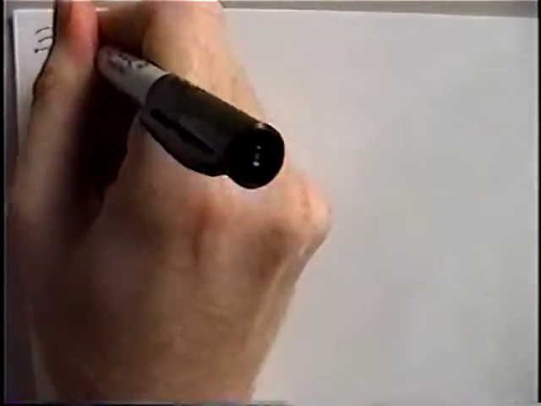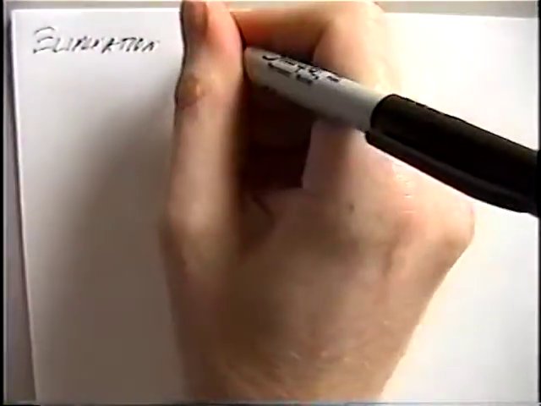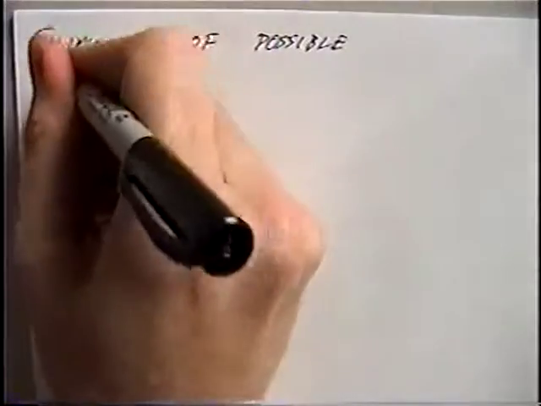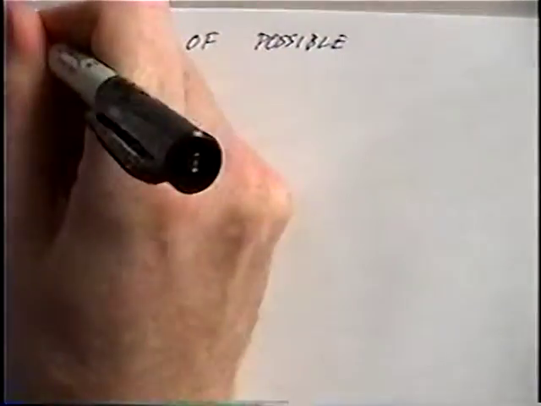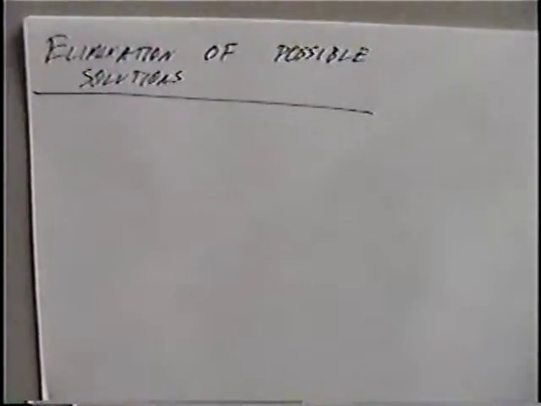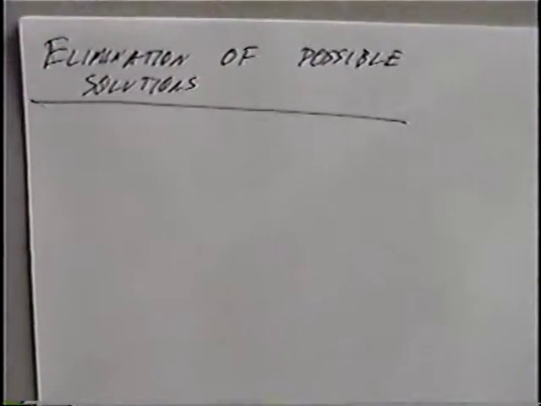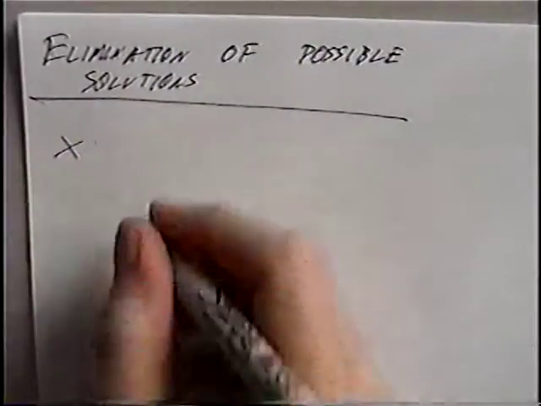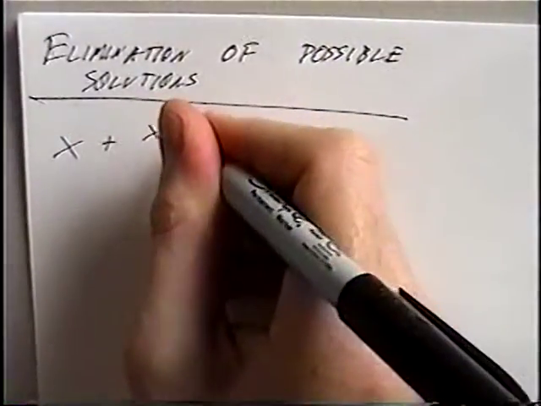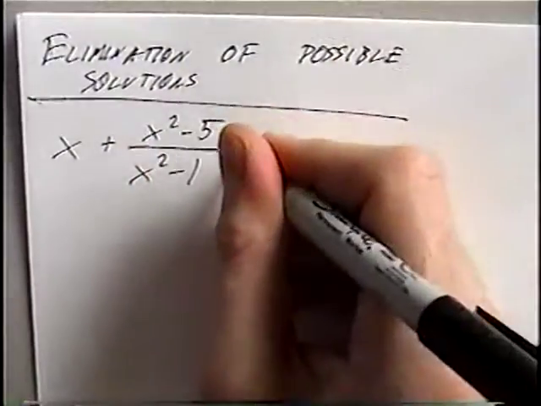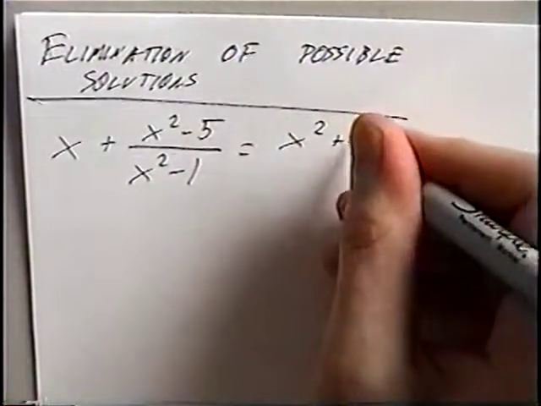The next section of notes is titled Elimination of Possible Solutions. First question: x plus (x squared minus 5) over (x squared minus 1) equals (x squared plus x plus